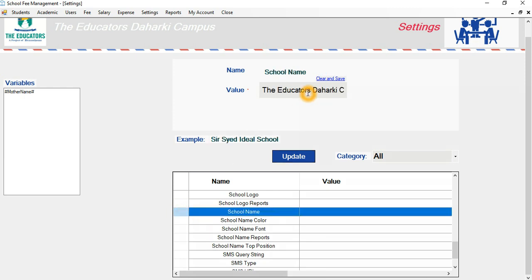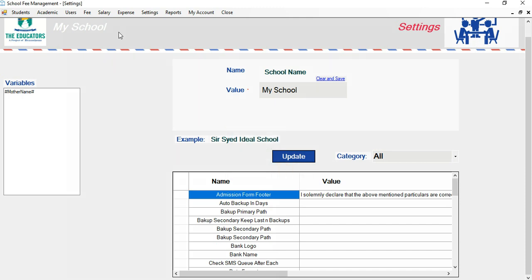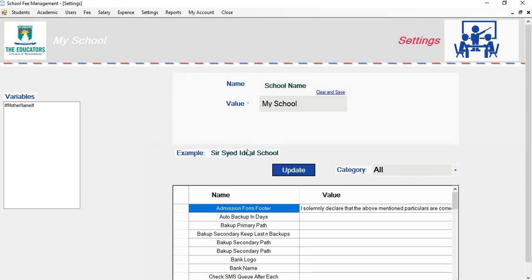I can change school name to my school. You see, name of school is changed. So now this is up to you how you want to make these changes.